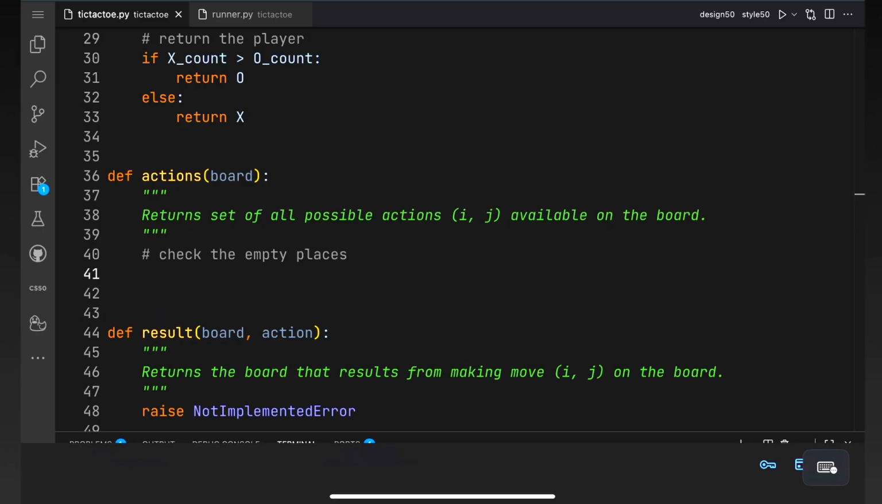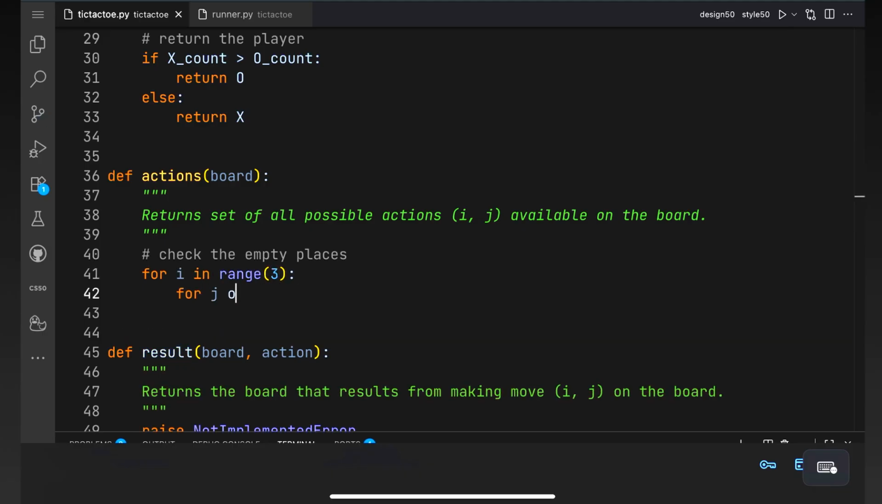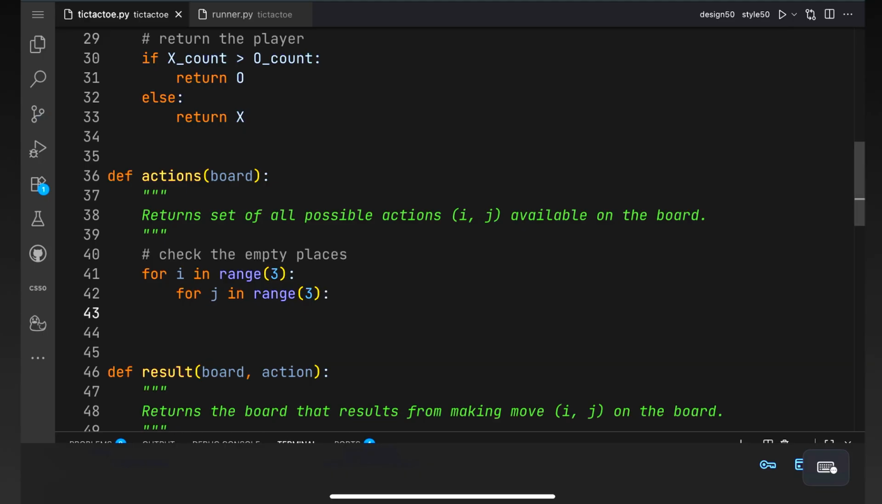We will be using a nested loop using two for loops to check every cell if it is empty or not. So let us implement this. We have passed 3 in the range function because the tic-tac-toe game is a 3 by 3 cell game. So now we will be checking if the cell is empty. If board i j is empty,